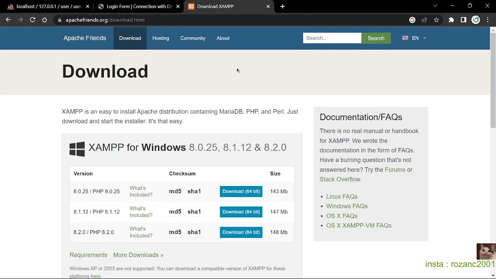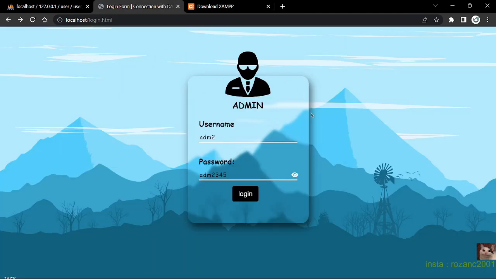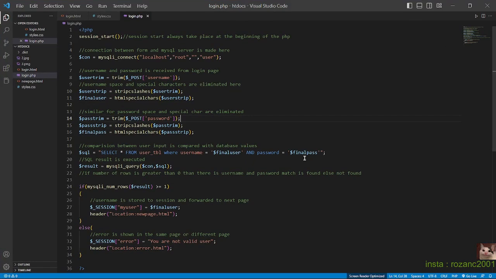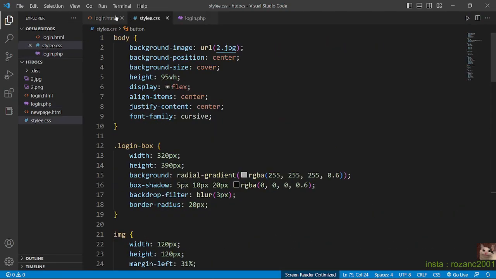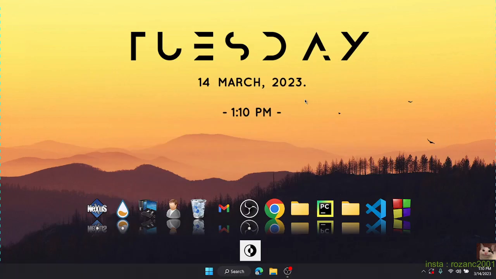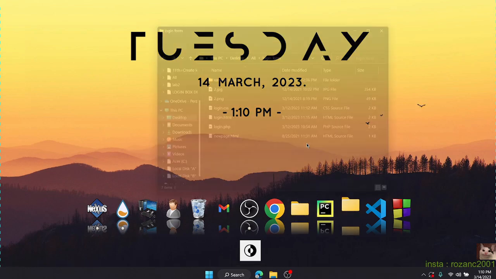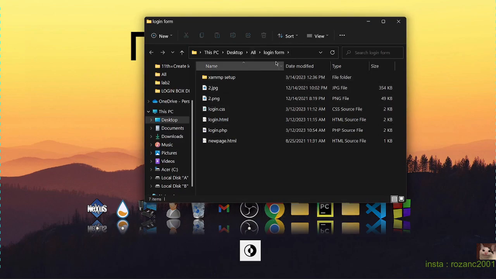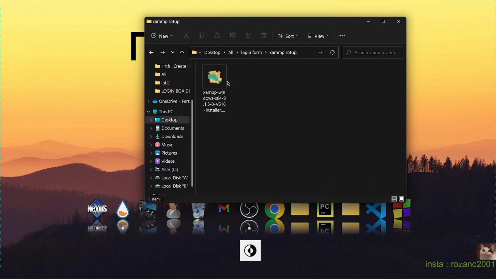This login form is completely freely available. So what we'll do here is we'll be writing this simple PHP over here. Okay, so this login.html and style.css are completely freely available. After you have installed, this login form folder name. Okay, so I need you to go to the XAMPP setup and then install the XAMPP over here. Okay,